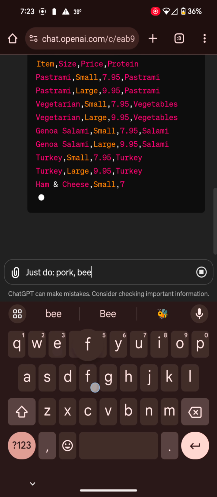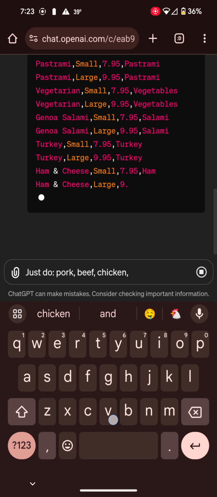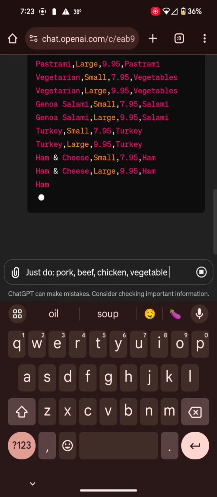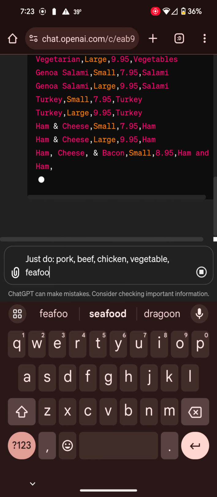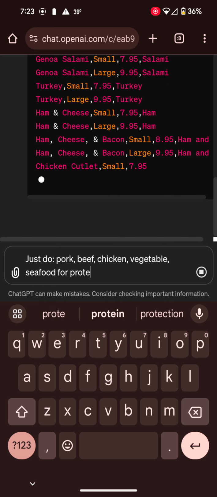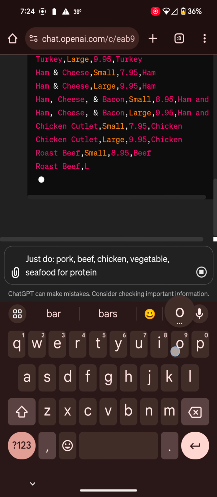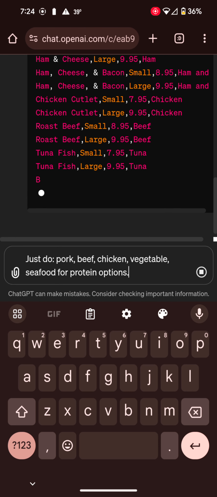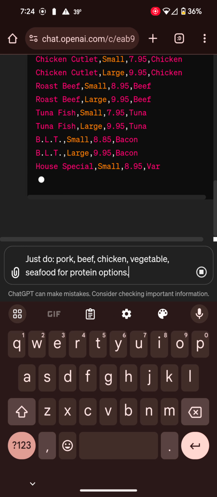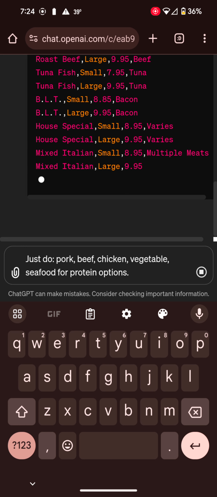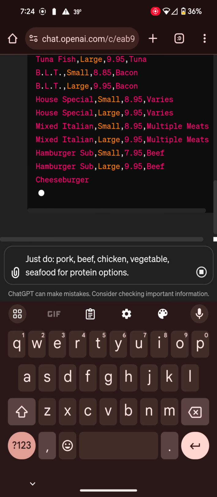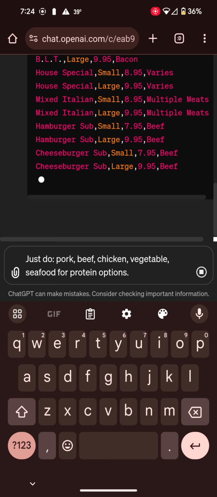So let's revise this and just do pork, beef, chicken. We probably should do poultry there, but whatever. We can go back and change that. Vegetables, whatever, just to give you an idea. Maybe we'll put in seafood here. Looks like we got some tuna fish on the list. So there's our protein options. And then we'll have it recategorize our menu items after it gets done pumping out this